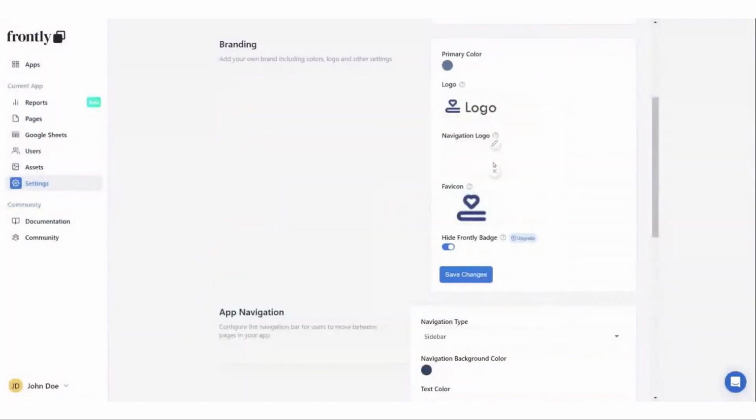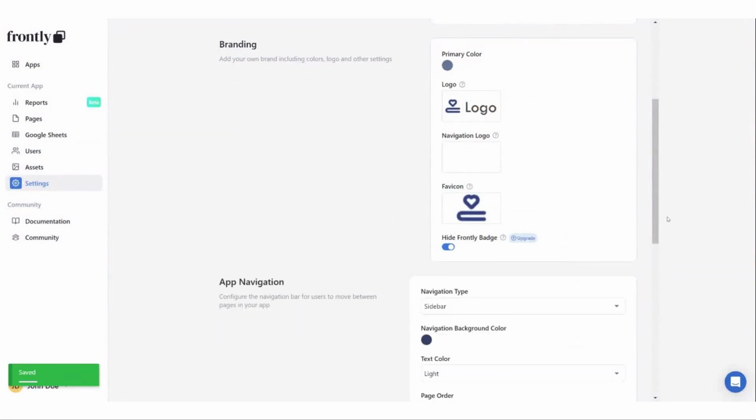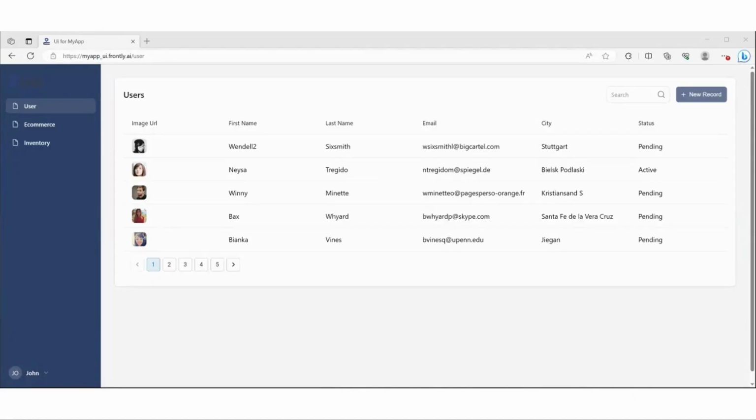And you can't see it out here because it's white on white. So I save that. And then once I save that, let me go to the preview window and refresh it. You will see now that the logo got applied. It's a white logo with the buttons, or basically the page links, on the left hand side on a dark